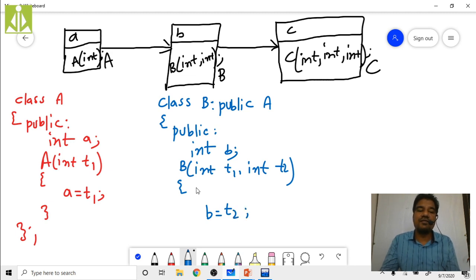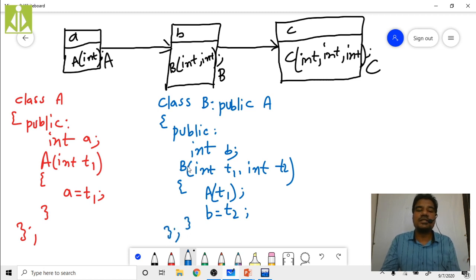How can I do that? Inside my B's derived class constructor, the first statement should be a call to the base class constructor with parameters. Call the base class constructor, that is A of, pass that T1, like this. Close this, close this.